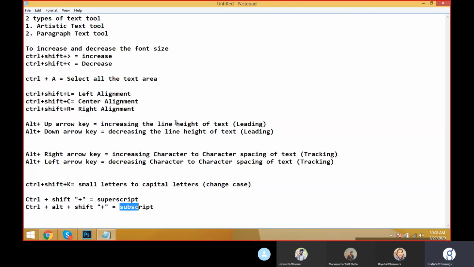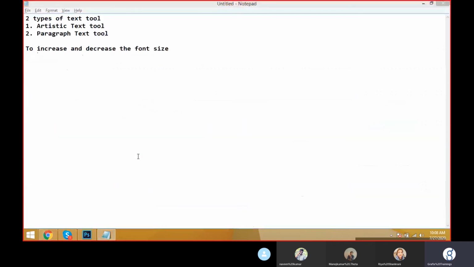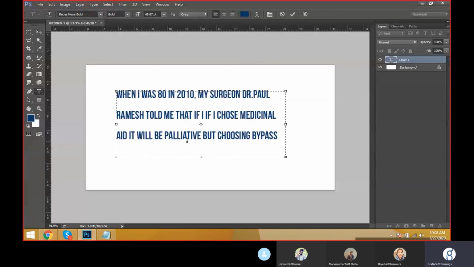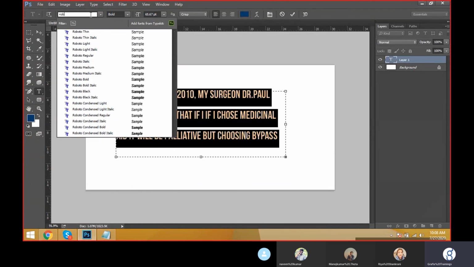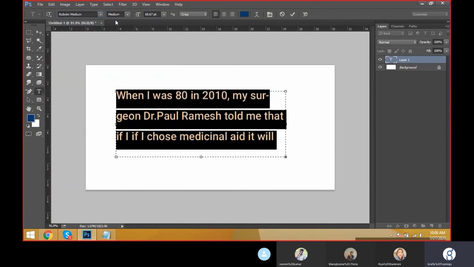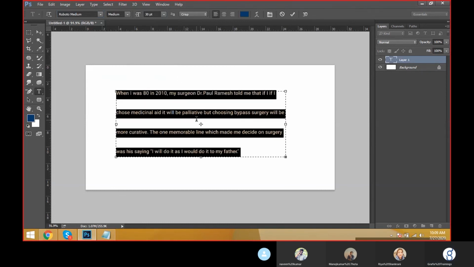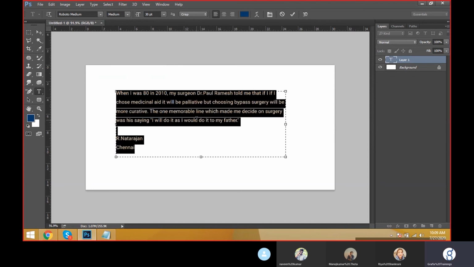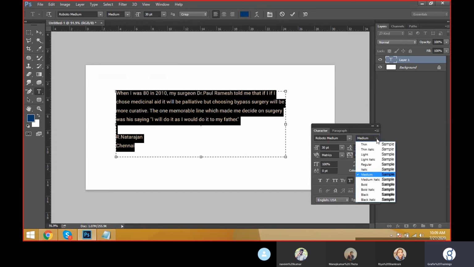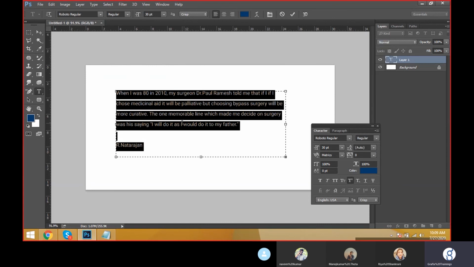Okay, and I'm just taking some website. See here we have a paragraph. Take the paragraph, right click, copy, and come here, Control V, paste, select all. And the same properties, friends, again we can check using some fonts and some sizes. And Alt down arrow and up arrow, already I told you, friends. Or otherwise, go to the character panel, click the regular, and click the 0 auto. Automatically it will be done.